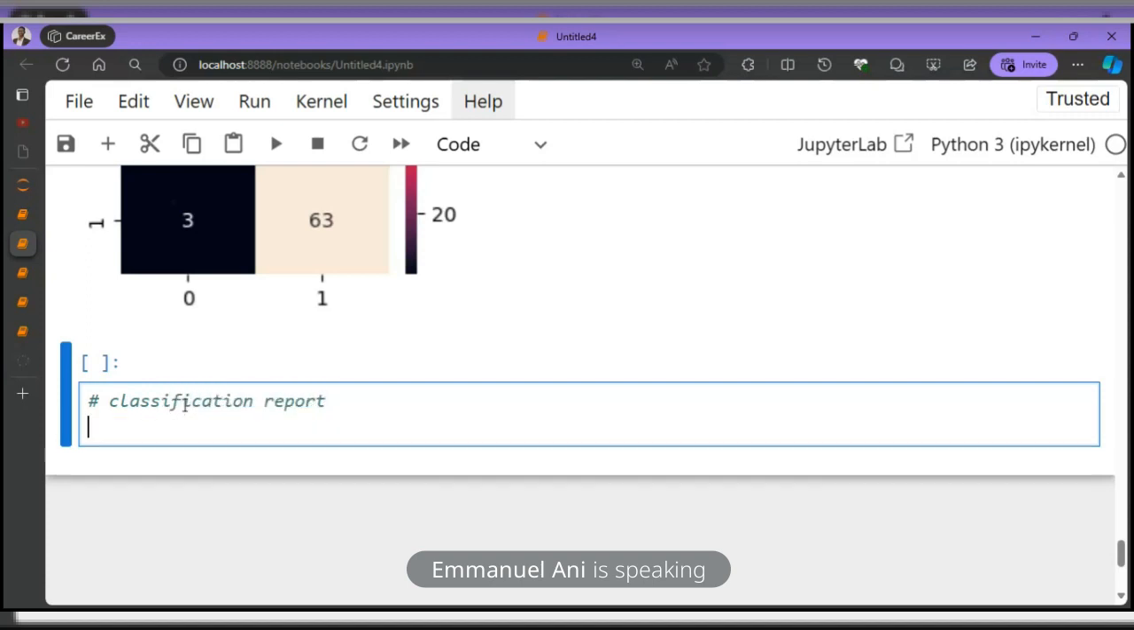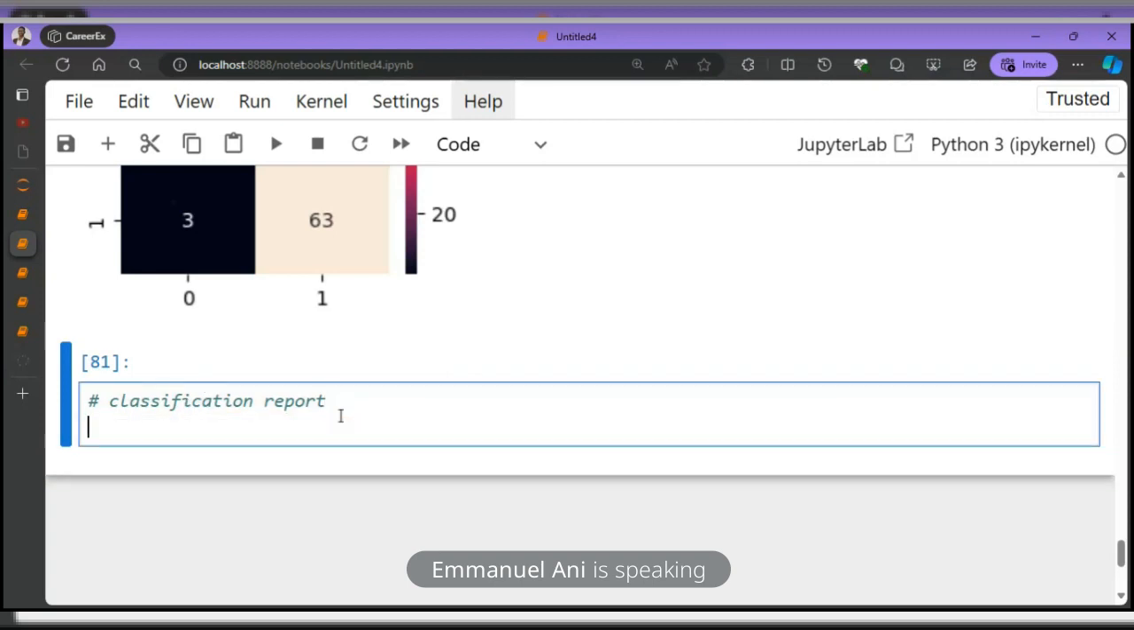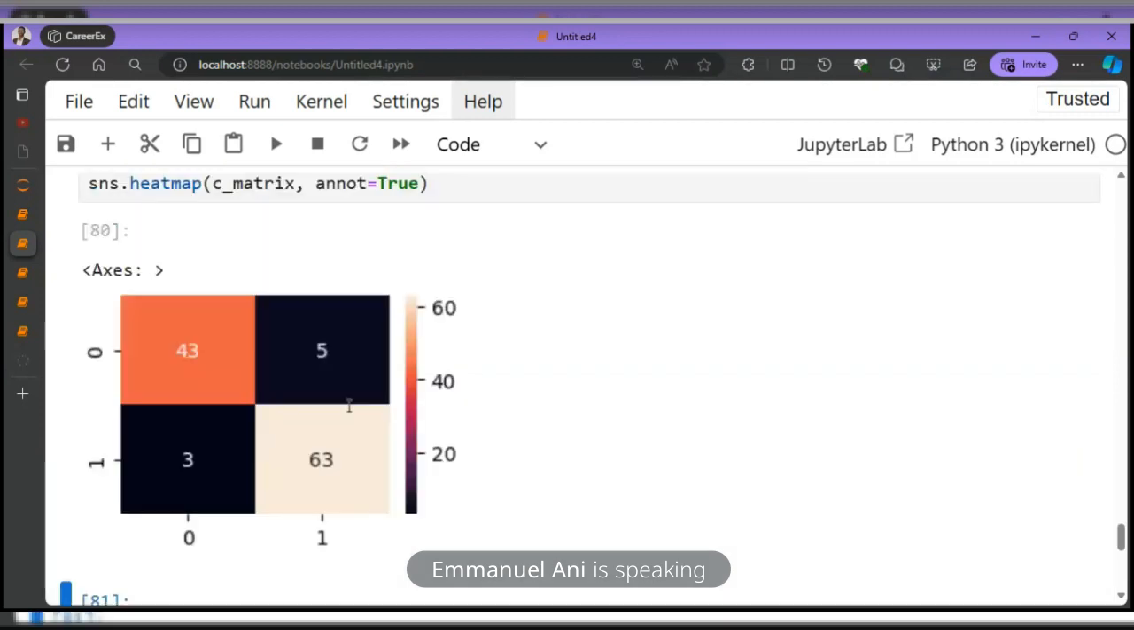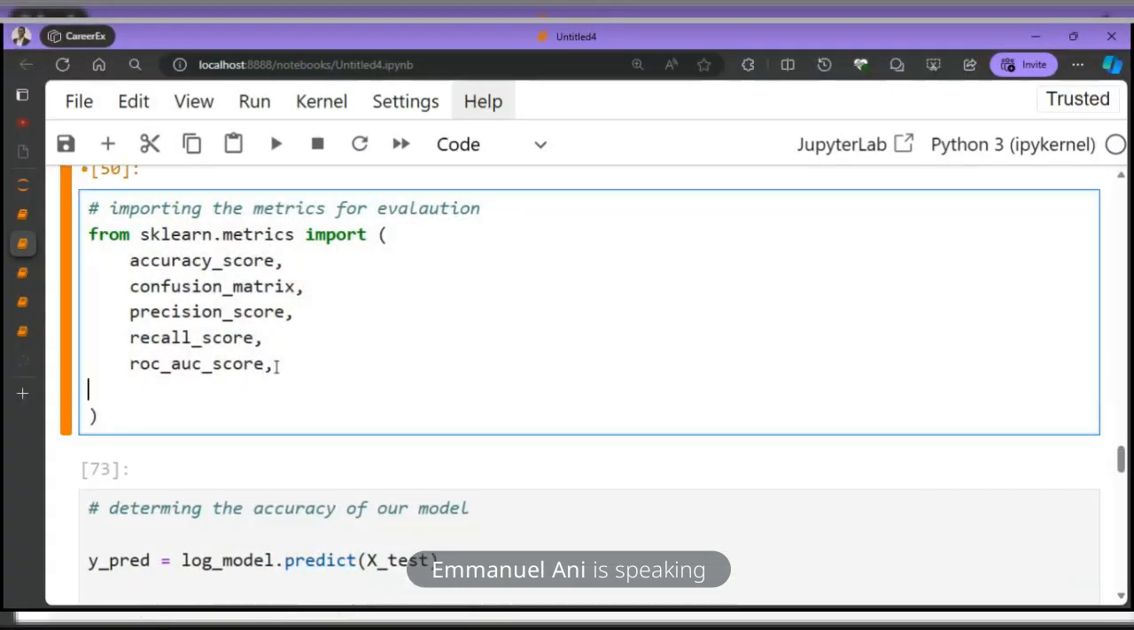Classification report is like a summary of everything. You want to see everything at a glance. All right. So how we will do that is by, I think we imported it, right? Let me be sure we imported classification. Okay, we didn't import it though. So we'll have to come here and say